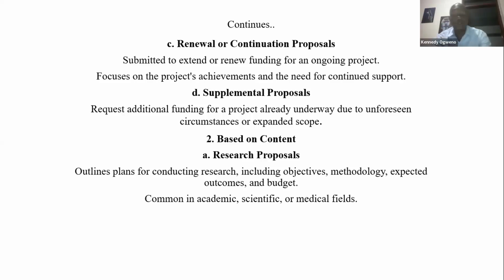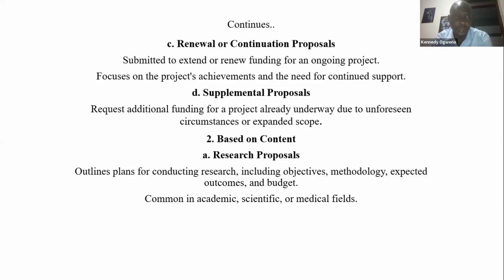Now, when you are writing a proposal or a grant proposal, there are some issues that may crop up that you did not put into your budget. So these things may outweigh the type of funding that you're given. So what happens is you are allowed to write what we call a supplemental proposal. Now you are requesting additional funding, explaining the unforeseen circumstances that cropped in along the journey as you are doing the projects.